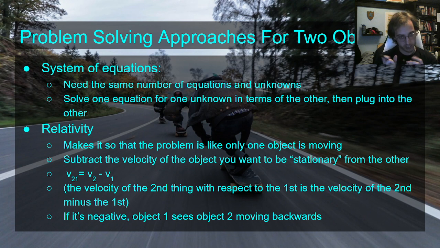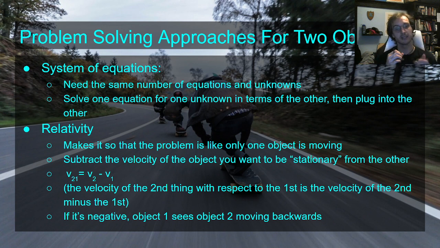So what we're doing is we're taking the way that we're thinking about the problem, and instead of saying like, well, the world's not moving, we think about it from the perspective of one of the objects. In order to do that, what you can do is take the velocity of the object whose perspective you want to be working from, meaning the one you don't want to be moving, and subtract that from the velocity of the other one. It's important that I'm saying velocity here. The direction's really going to matter, so make sure you include any pluses, make sure you include any minuses. When you do that, what you'll get